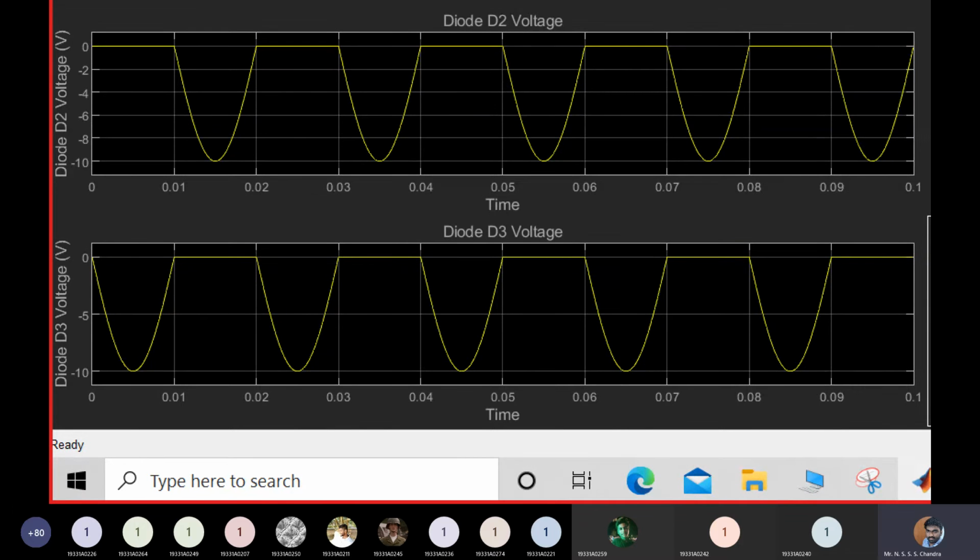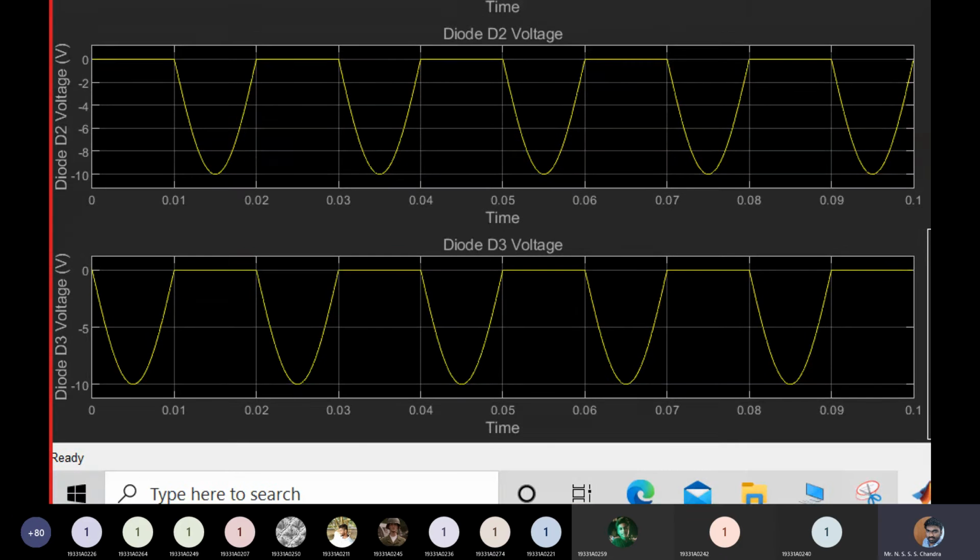Vm. For the negative half cycle, that is between 0.01 seconds and 0.02 seconds, what is the voltage value of diode D3? What's the value you are seeing? 0 volts. It means that your diode D3 is in on condition or off condition? On condition. So it's a closed switch. A diode will showcase some voltage across its terminals only when it is in off condition. When it's in on condition, it's acting like a closed switch, so the voltage across the terminals is equal to 0.